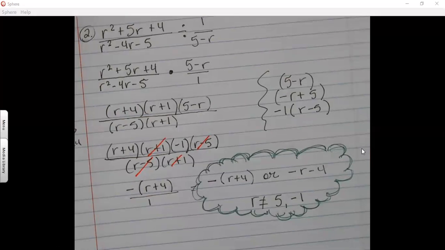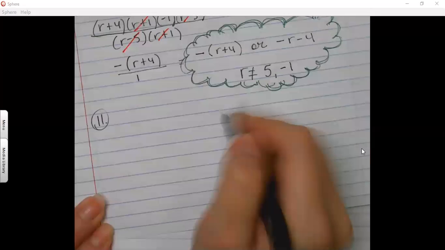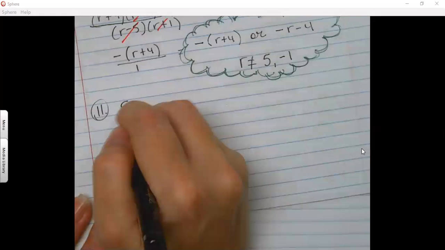Eleven is 5n divided by n plus 2 minus, and I like to write mine horizontally or vertically, I always say that wrong, minus 4 divided by 3n